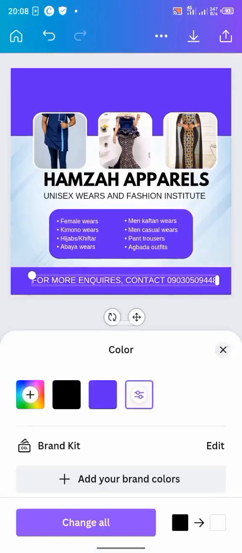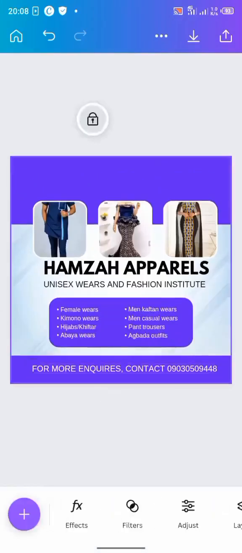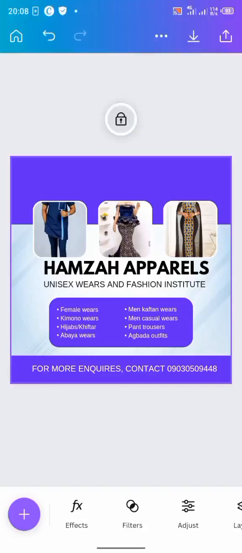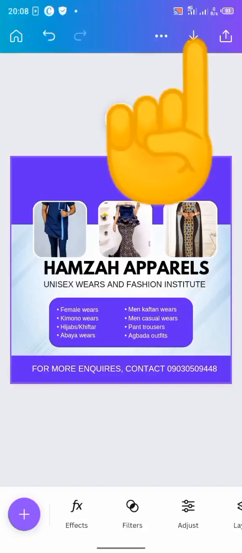Alright, so this is how to make a simple and beautiful fashion design flyer using your Canva app. Now the next thing to do is to click on this save icon at the top right corner of your screen, then you save your design into your